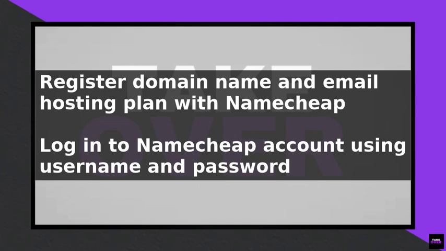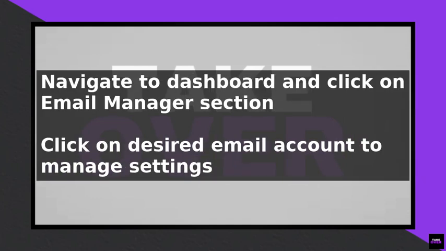In the Email Manager section, you will see a list of all your email accounts associated with your domain. Click on the email account you want to access. You will be taken to a page where you can manage your email account settings, including changing your password and setting up email forwarding. To access your email account, click on the Check Email button or go to the webmail